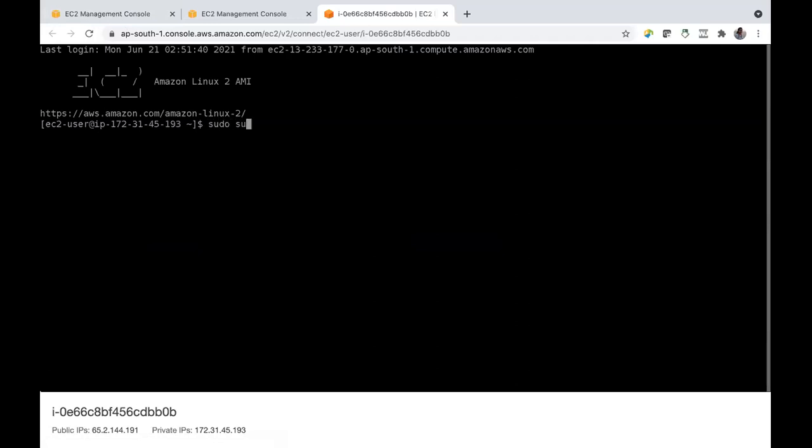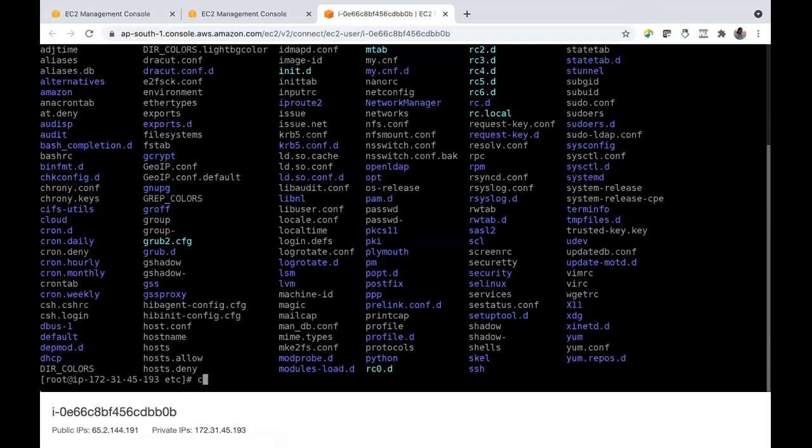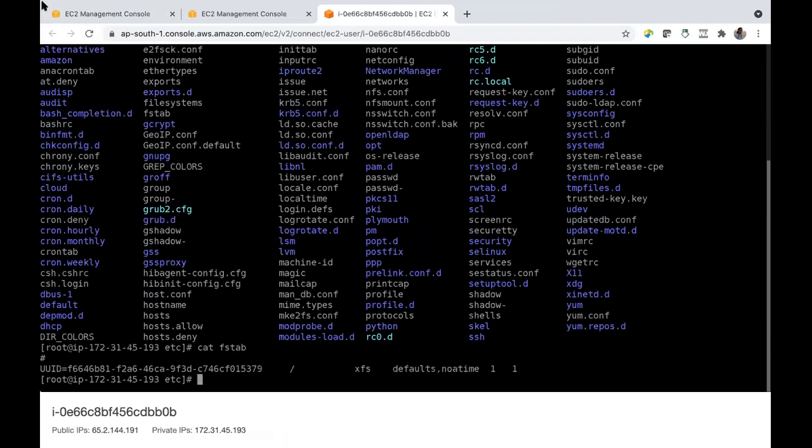Login as root user once again. And go here. Yes, and then cd etc. I know fstab is here. Now I want to read. Touch is to create, not write. Cat fstab. See, I got this. I got UUID something here, and then I have / file system is XFS, and this is defaults, noatime, and 1.